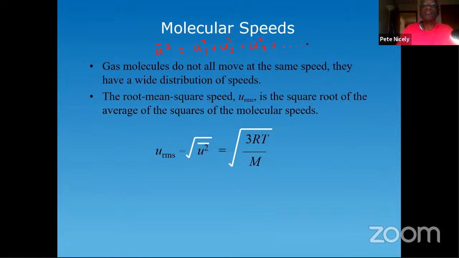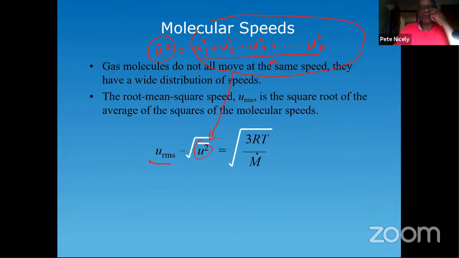Plus dot, dot, dot, square of the speed of gas molecule n, right? And then we divide all of that by n, all right? So that's what this is, which is what this is, right? So to get the root mean squared speed, you'd have to put all of this here where this is, all right? And it turns out that this root mean squared speed is equal to the square root of 3RT divided by M,